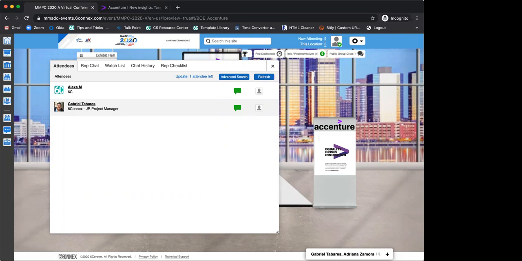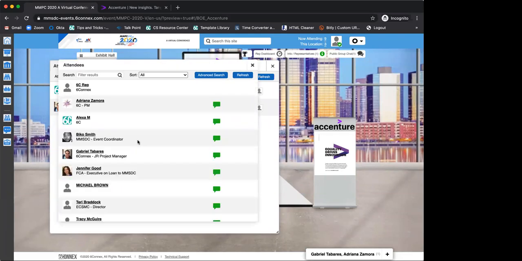Adriana, what do you give in terms of best practices? I think there's a perception that you just kind of sit and wait for chats. Well, yes, you're going to sit in your booth to see who joined your booth. However, as I said, you can see who else is in the environment by clicking here on attendees, and you will see everyone that is connected. You can start adding people.